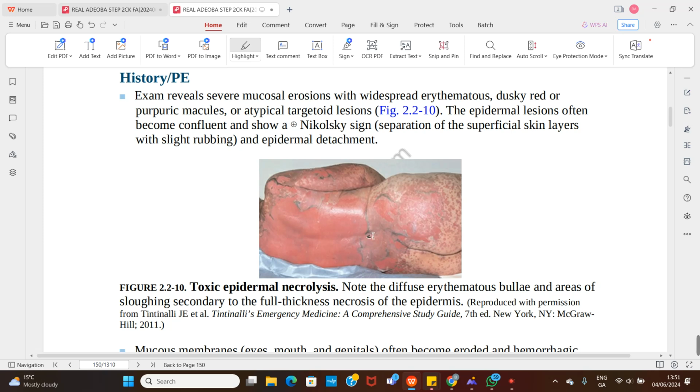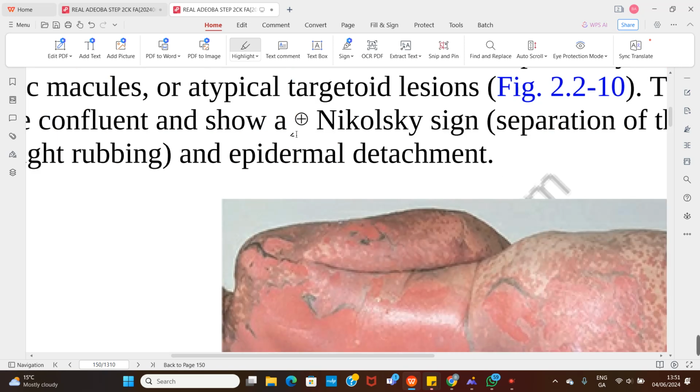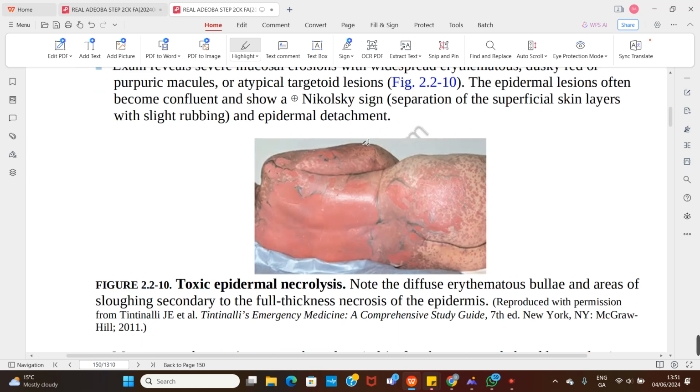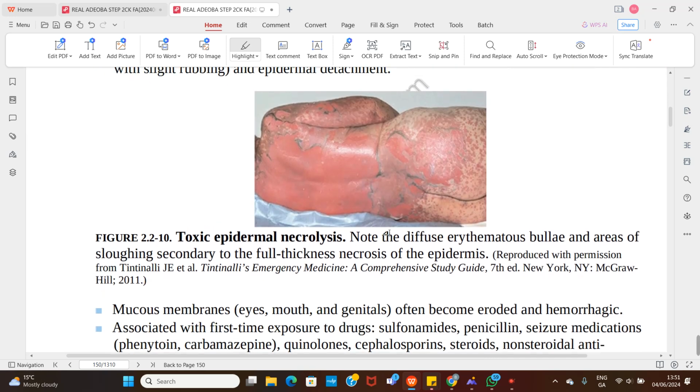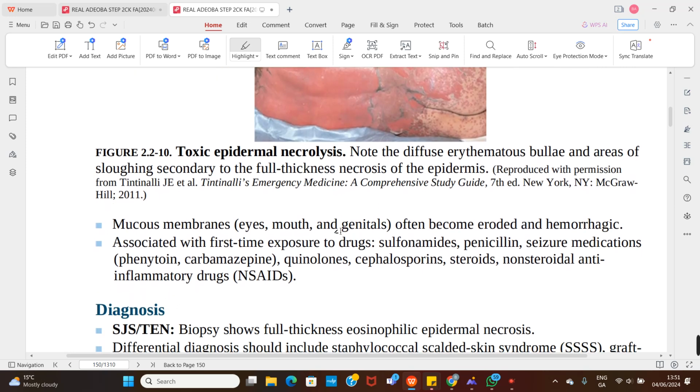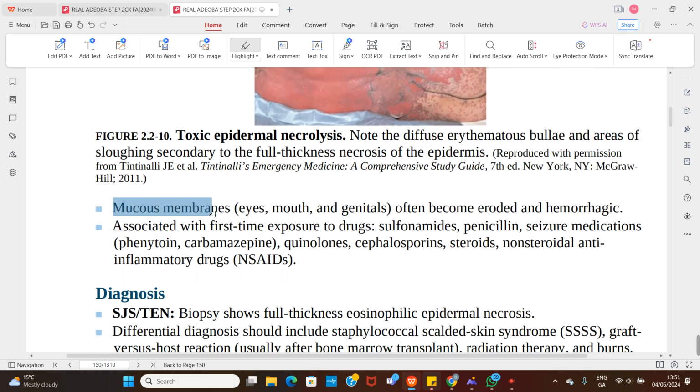So if you try to apply pressure, you see that some of the skin will start shedding, which is your positive Nikolsky sign, right? Separation of superficial skin layers with slight rubbing, and eventual detachment of the epidermis. So the mucous membrane is always affected. They can have conjunctivitis, they can have problems with the mouth, genital erosion, and hemorrhage at the end of the